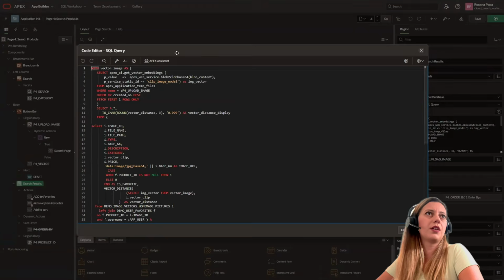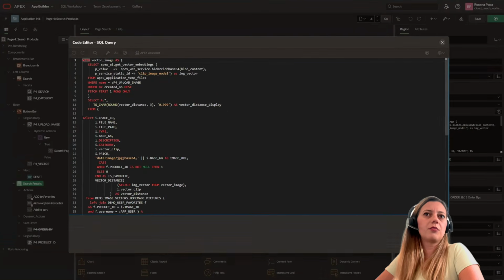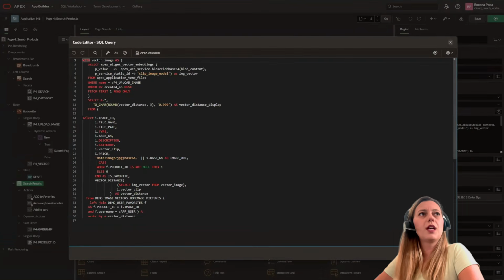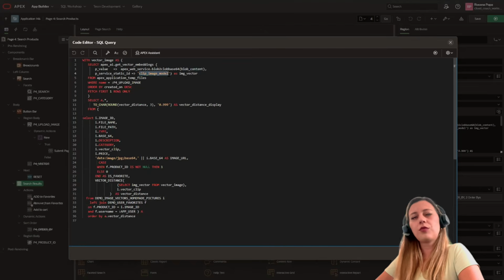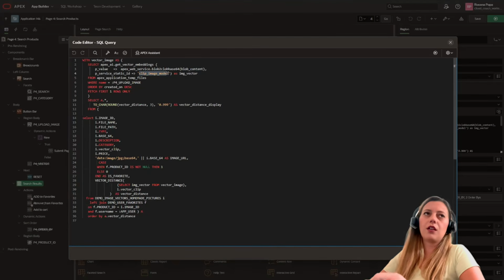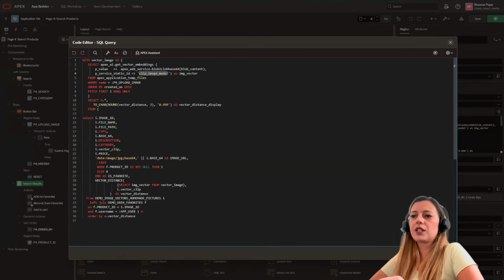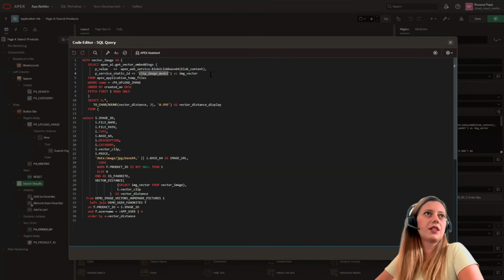Let's see how the query looks. Let's make this bigger. I hope you can see it. We are using the Apex API that I mentioned during the presentation, get vector embeddings. We use the blob content, the image that we have uploaded in the application, and we are using the CLIP image model that was configured in my workspace in the vector providers.